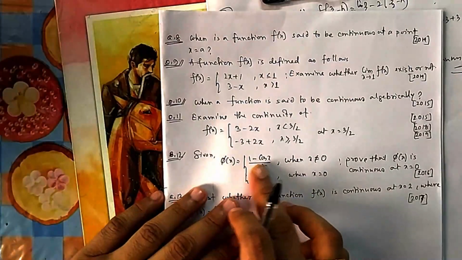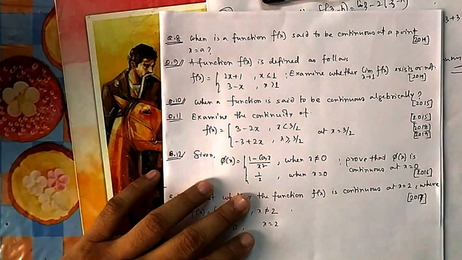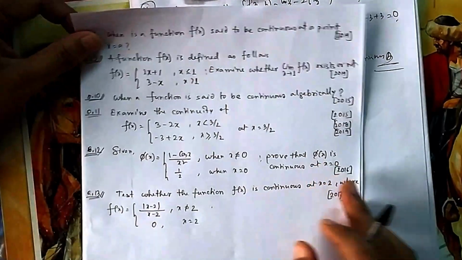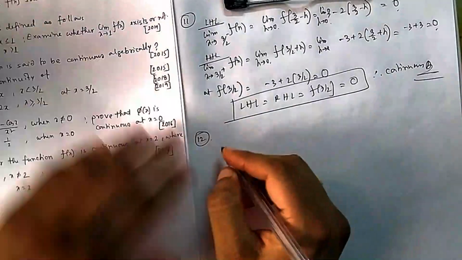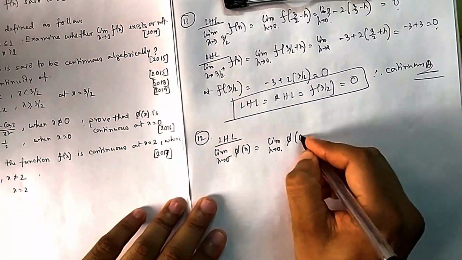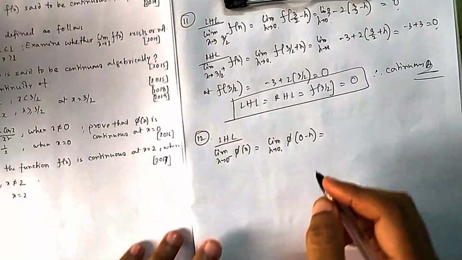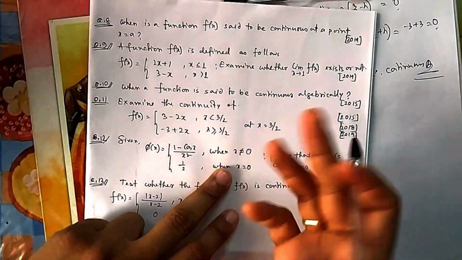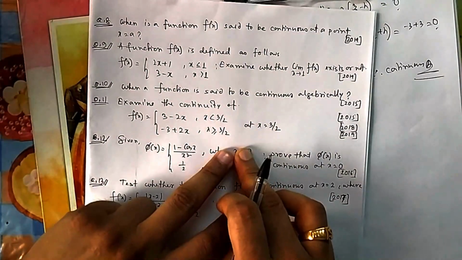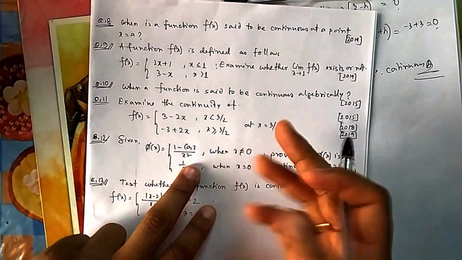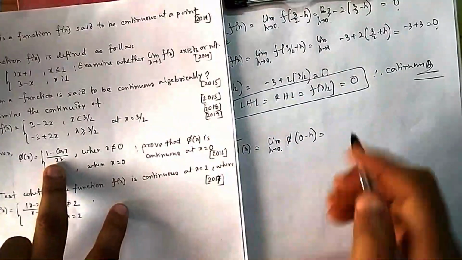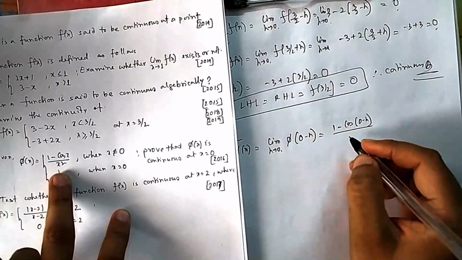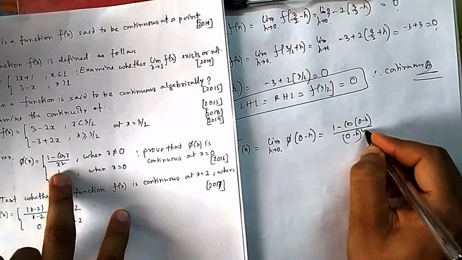Now 5 is this: prove that this is continuous at x equal to 0. Now for the proof you have to do LHL, RHL, all. So if I do LHL, it is a little less than 0, 0 minus h. If it is not equal to 0, they have not given greater than or less than. It can be greater, it can be less, smaller, higher, so you will be using this one. So we will be using this one, 1 minus cos x over x square, you will put 0 minus h, (0 minus h) whole square.